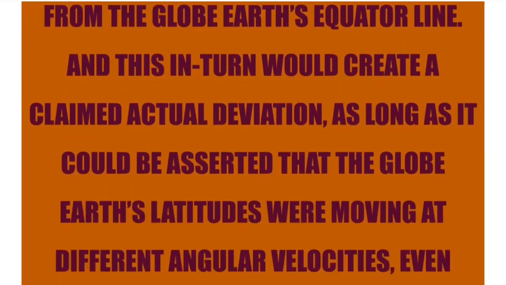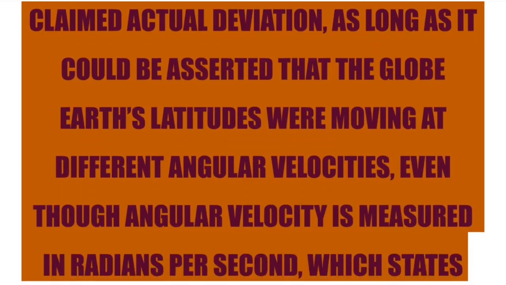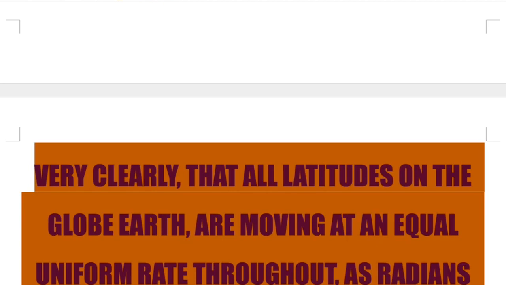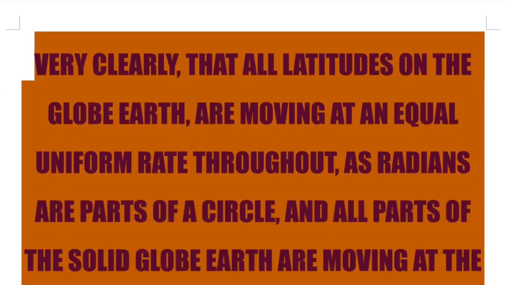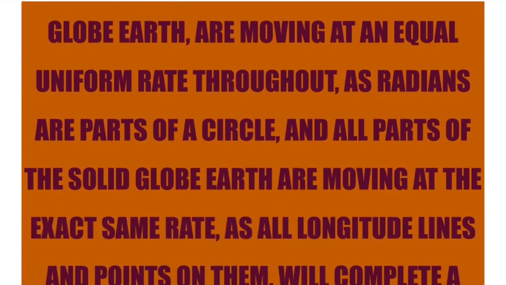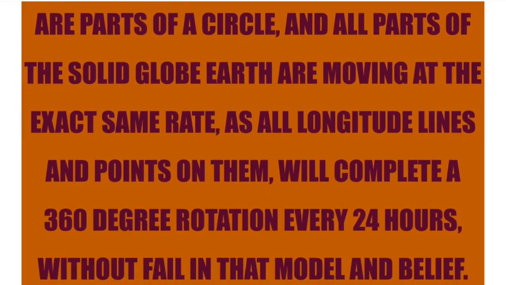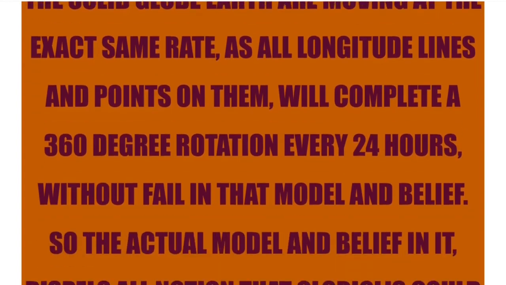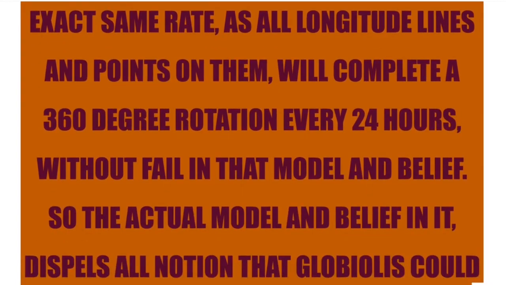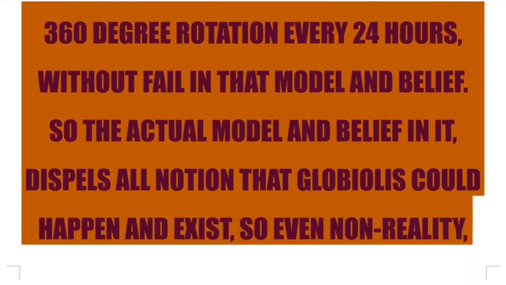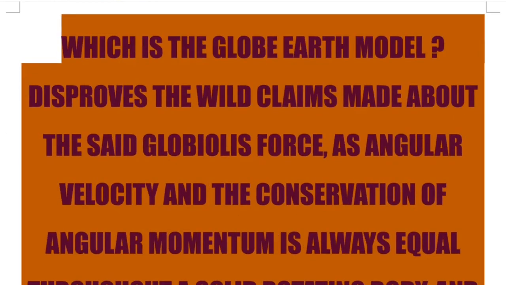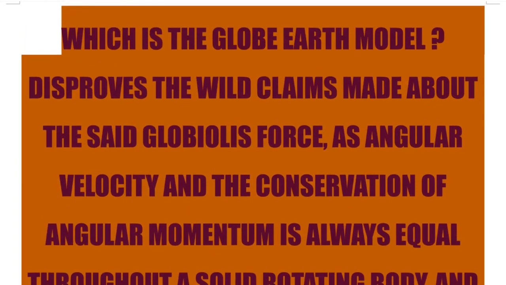as long as it could be asserted that the globe Earth's latitudes were moving at different angular velocities, even though angular velocity is measured in radians per second, which states very clearly that all latitudes on the globe Earth are moving at an equal uniform rate throughout, as radians are part of a circle, and all parts of the solid globe Earth are moving at the exact same rate, as all longitude lines and points on them will complete a 360-degree rotation every 24 hours without fail in that model and belief. So the actual model and belief in it dispels all notion that globiolus could happen and exist. So even non-reality, which is the globe Earth model, disproves the wild claims made about the said globiolus force,